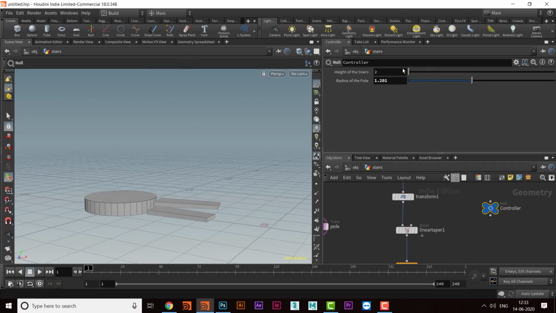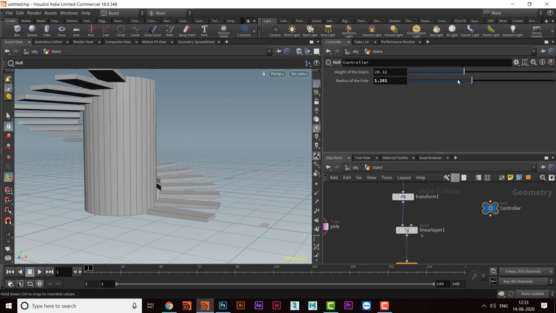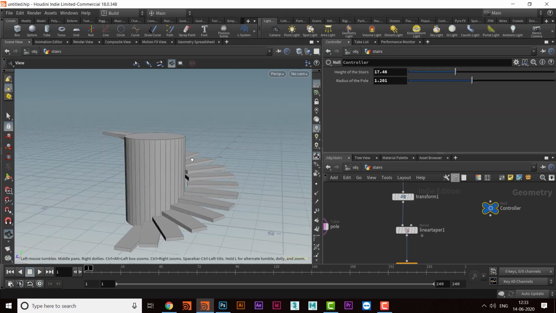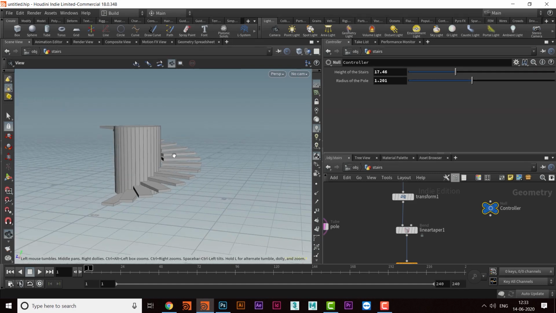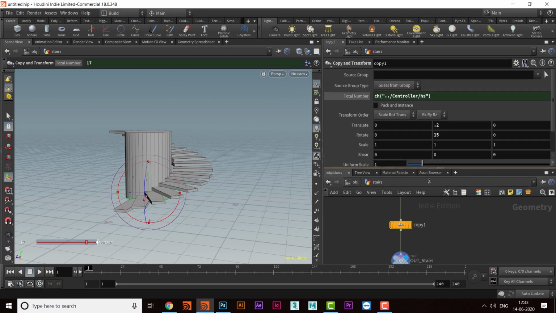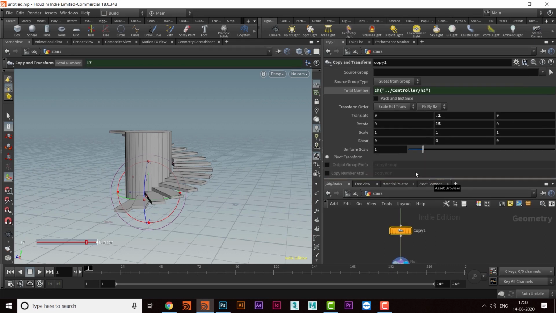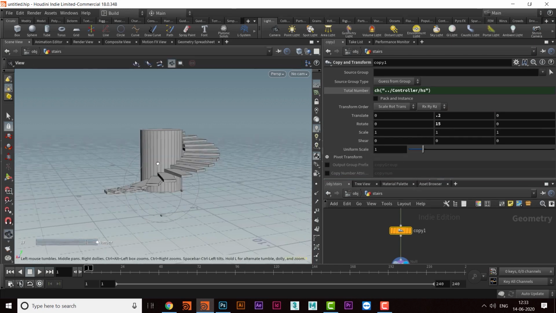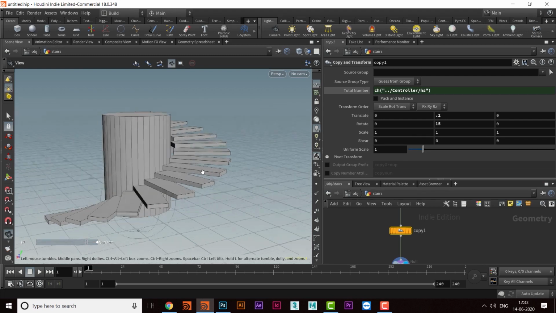If I increase the height of the stairs from here, because that is multiplied by the height as one component, it will affect the total height of the pole. So here we can use copy and transform in creating many types of effects, and in this manner these values will affect the copies we are creating with the help of copy and transform.